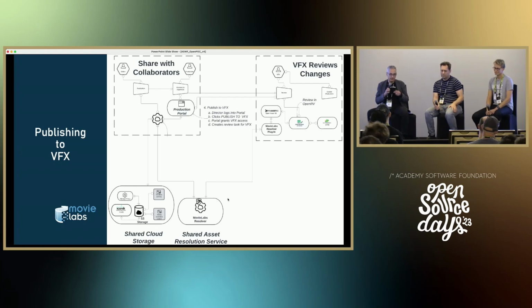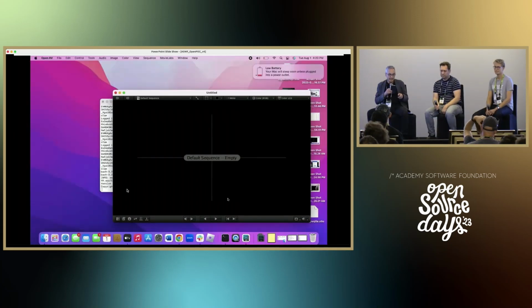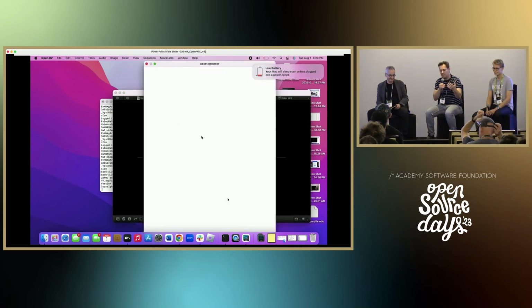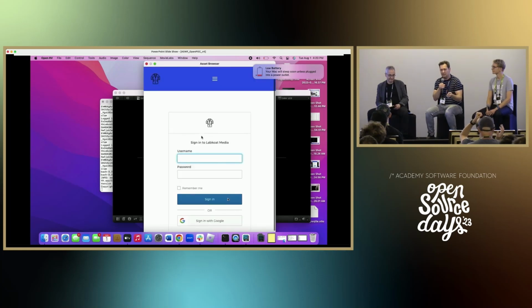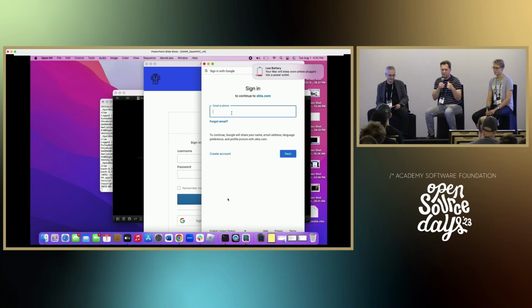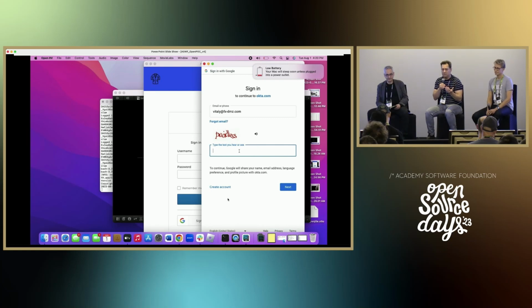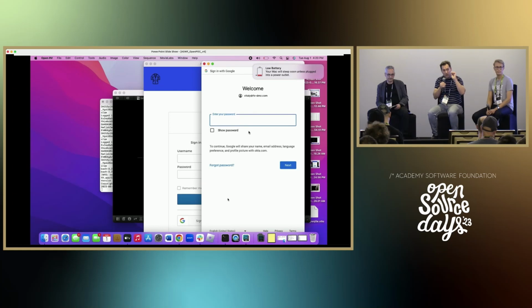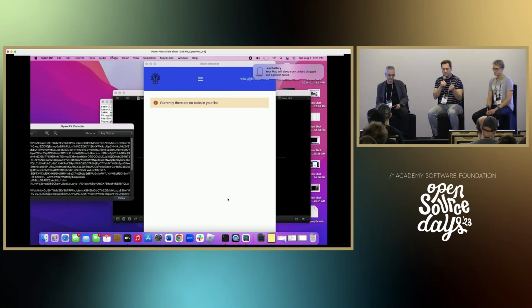So this is what we just saw with the publication to VFX. So now it goes over to the VFX house, and so again, one of the things we did, going back to the open source, is we added a login, an ability to authenticate in OpenRV, and we'll thank people at the end. But we want to talk about that zero trust model where we were able to do two-factor authentication into RV so that we have an authenticated user, and here being able to say that we know that this is the Vitali user that's logging into OpenRV.